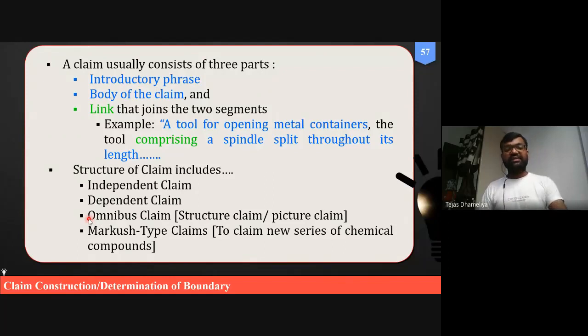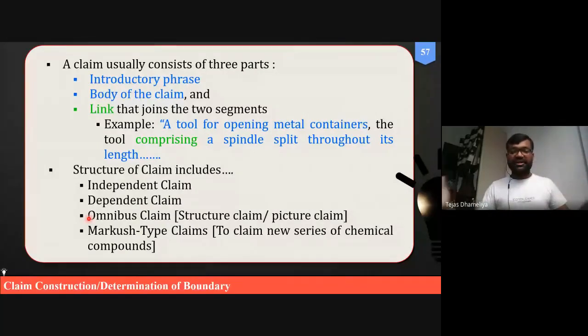The third kind of claim is called the omnibus claim, in which we have done a little amount of work but we are explaining a lot under it. For example, even if we have identified only one compound, we claim that the compounds we have synthesized include its sodium salt, potassium salt, its esters, its prodrugs, its polymorphs, or its crystallized forms.